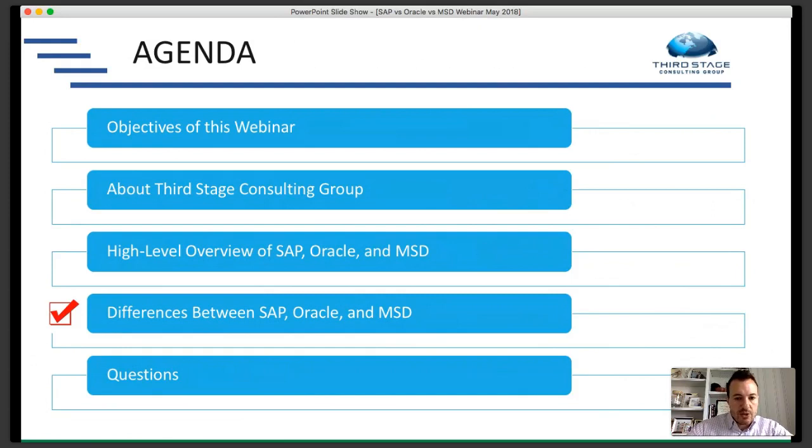So what I like to do is provide a general sense of direction in terms of order of magnitude. How do these products compare to one another? Where are the strengths and weaknesses conceptually and at a very high level? And I'll give you another caveat. These are my opinions. This is not based on any sort of science or any sort of quantitative research. This is just based on 20 years of doing this and more recently focusing on these three products, among others. These are the differences I see conceptually between these three products.